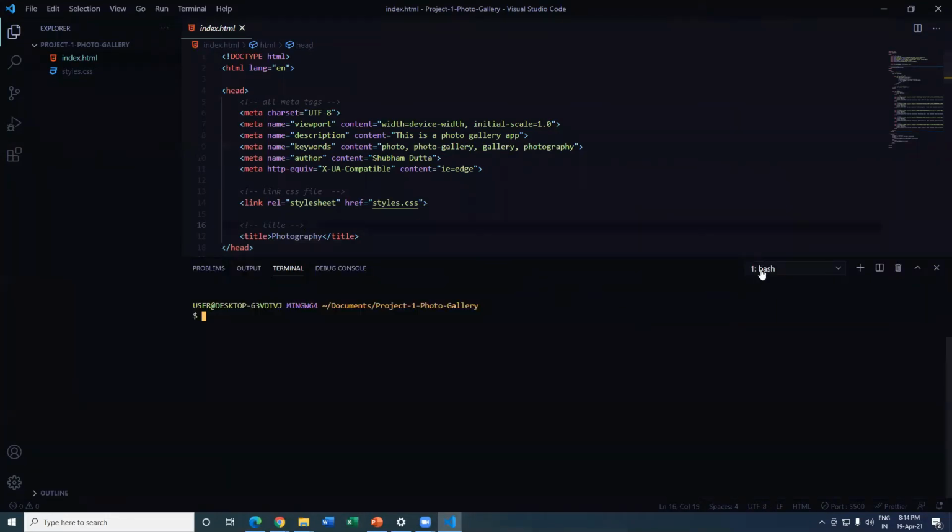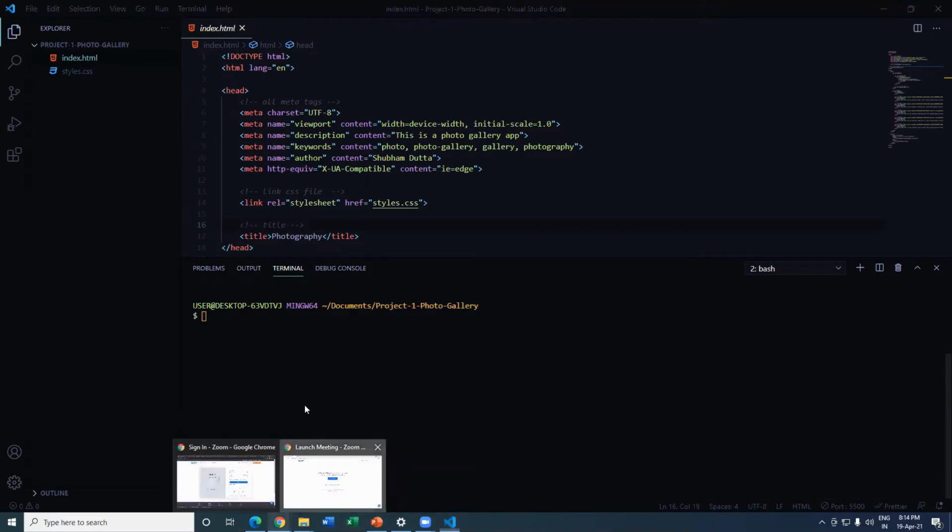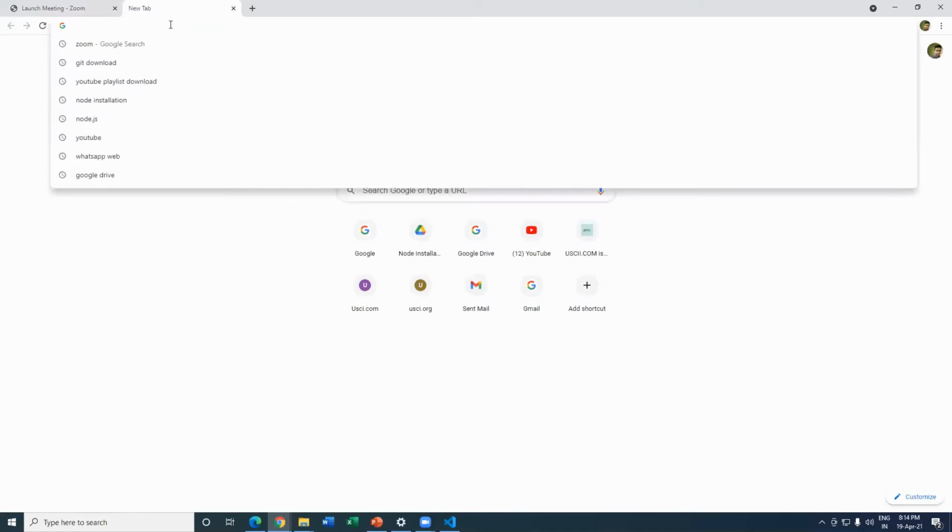Now you have to open VS Code and open the terminal in Git Bash. How can you do that? For that you have to click on this, select default profile and click on Git Bash. Now click on the plus sign and here it is. Now here you have to write the git commands for uploading the files to your GitHub. So for that, one more thing you have to do is create your GitHub account.